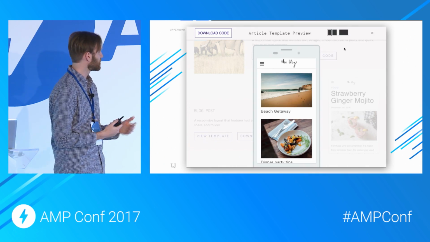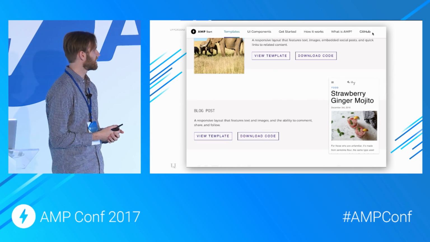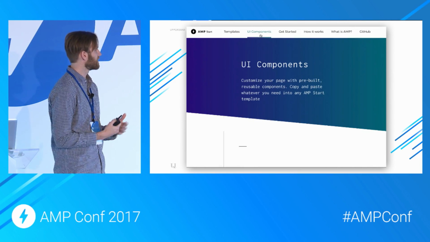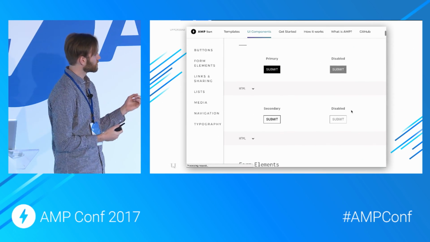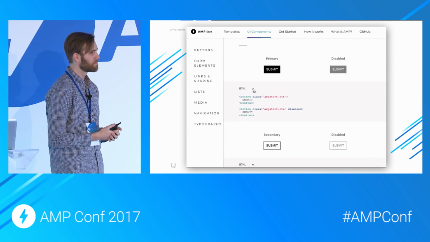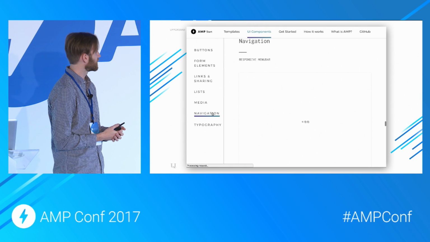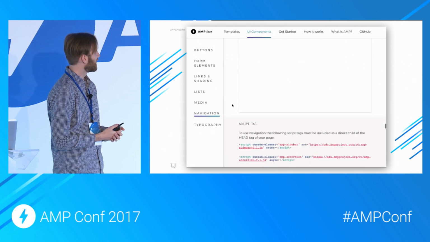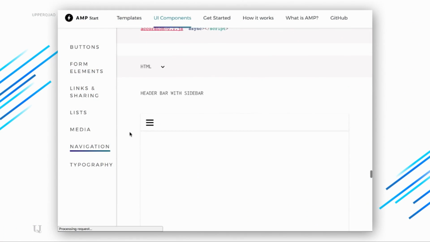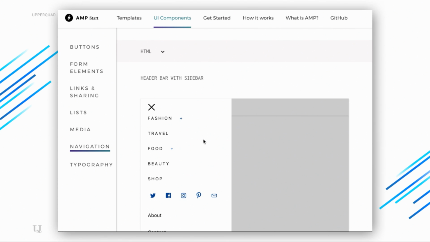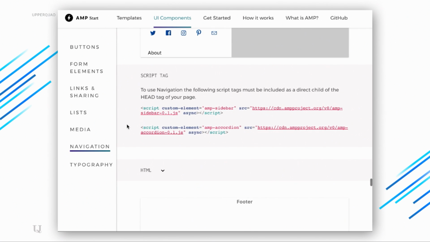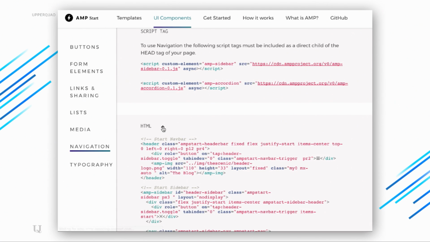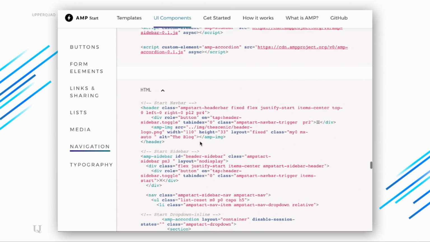If you like what you see, you can download the code, which has the full template and a separate maximized CSS version for you to tweak. There's also a set of components that you can go through, check out how they work with the baseline style, and also get the HTML for them once you've checked them out. And when you copy and paste that, it should inherit the general style of the page, so it's in keeping with the style of the template that you started with.